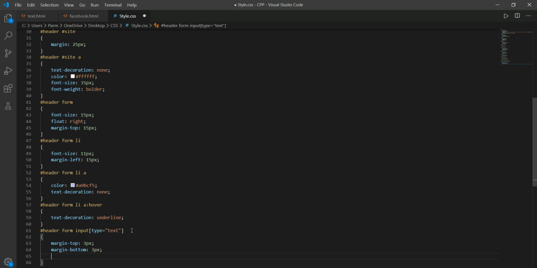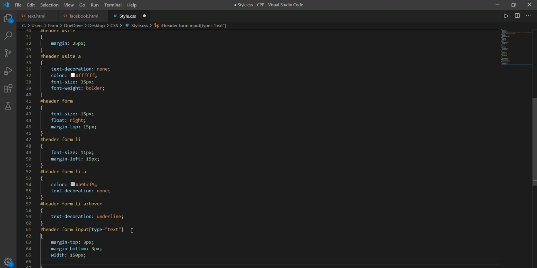Then margin, and here I'm setting its width around 150 pixel. Then I also have to set, if we see, we also feel border over here.